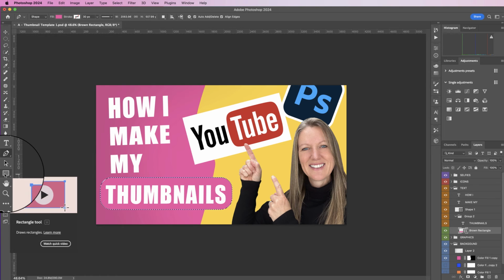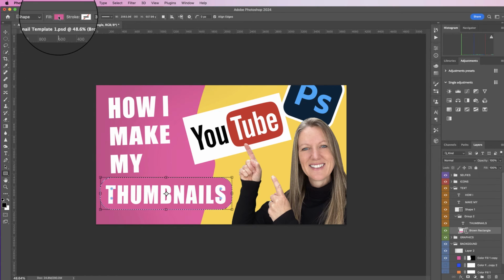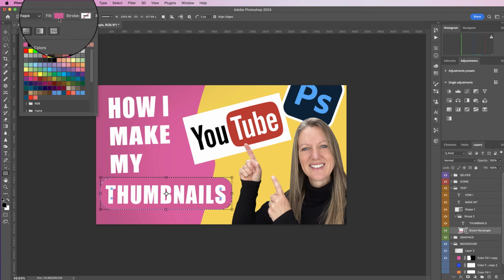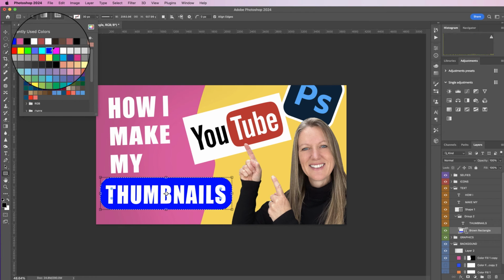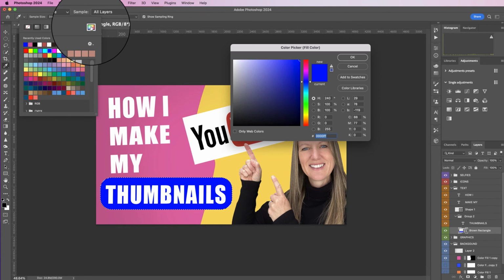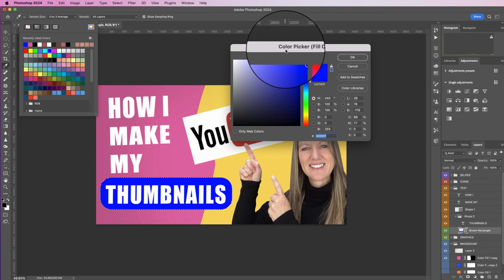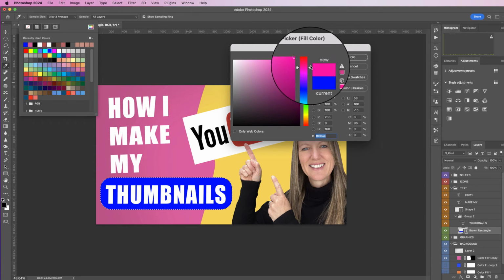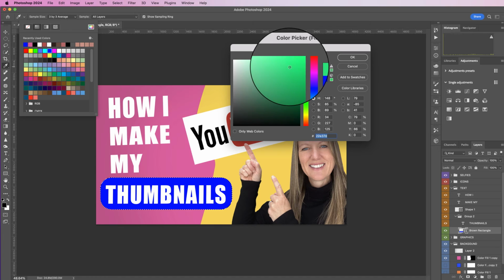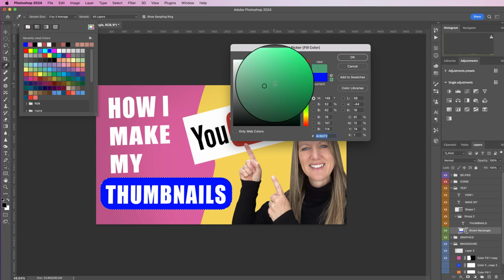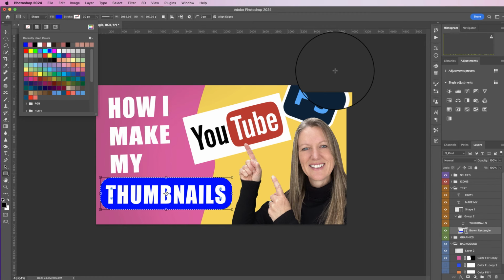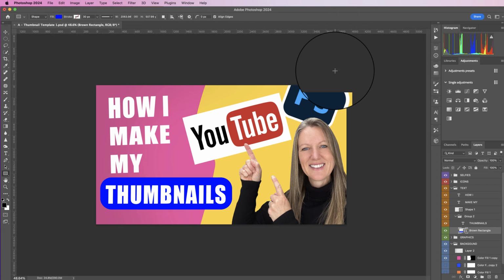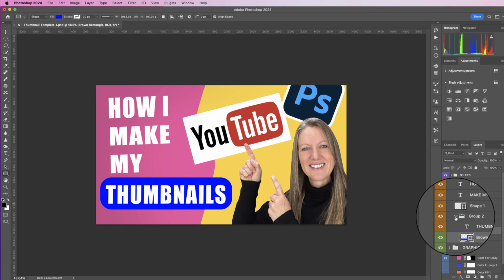If I then go back to the shape tool here, I've got the ability to click on it and change it to any colour I like. If I can't find the colour I want, I'll go to this icon here, which brings up the colour picker with the slider and also the picker from here. Once I've done that, I press enter, deselect, Command or Control D, and then it's time to look at some